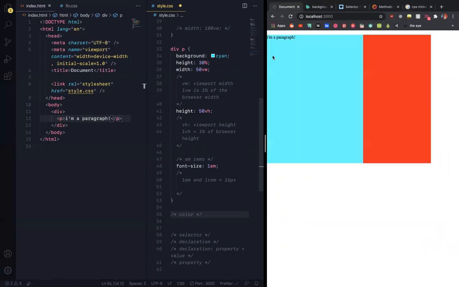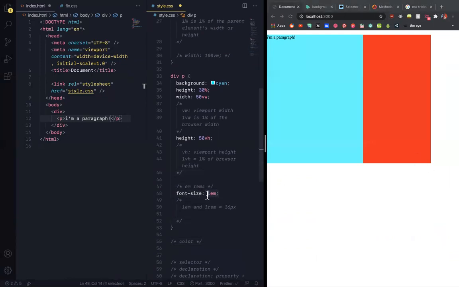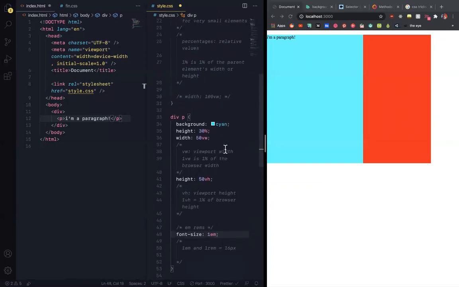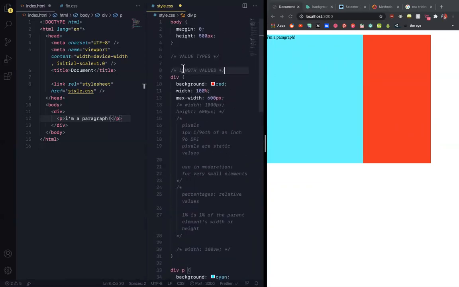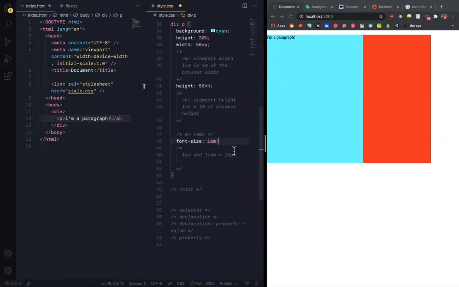Yes, and I'll do it in a better way, maybe without all of this sick brutalist design going on here. So M's and rems are two alternative length values to pixels. The basic of it is 1M and 1 rem by default are equal to 16 pixels. So 2M is going to be equal to 32 pixels, 3.5 is going to be equal to 56, and so on. The reason why we would use M's and rems instead of pixels,